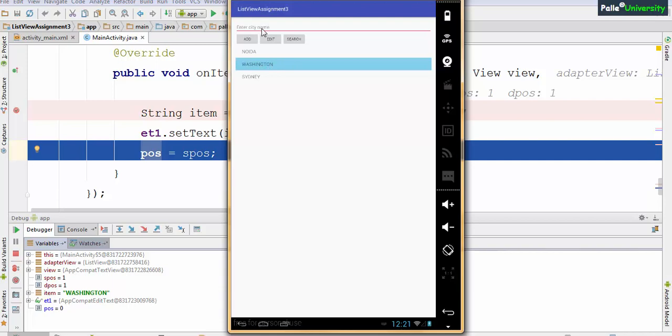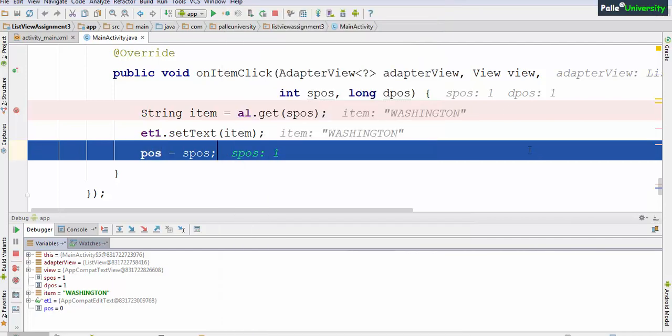Because at a later point of time, Washington will come to the edit text box. Let us say the user will change it to Washington DC and click the edit button. That Washington DC should come to the same position. So for that you need that position number. You may get one doubt here. Can I use the same S position in the edit button click listener? No. This S position is a local variable for this method.